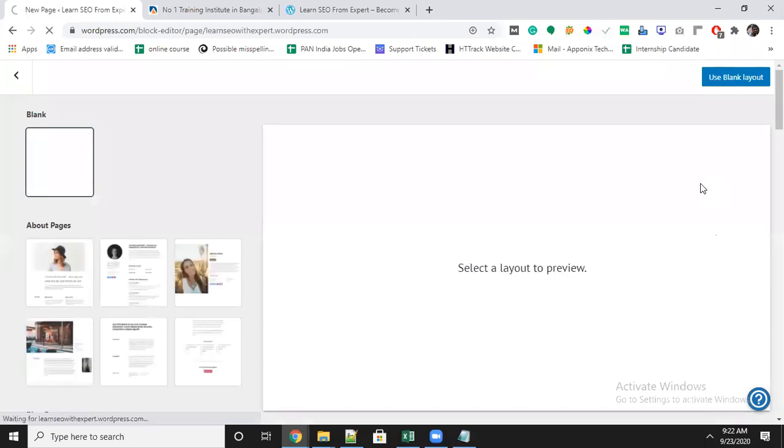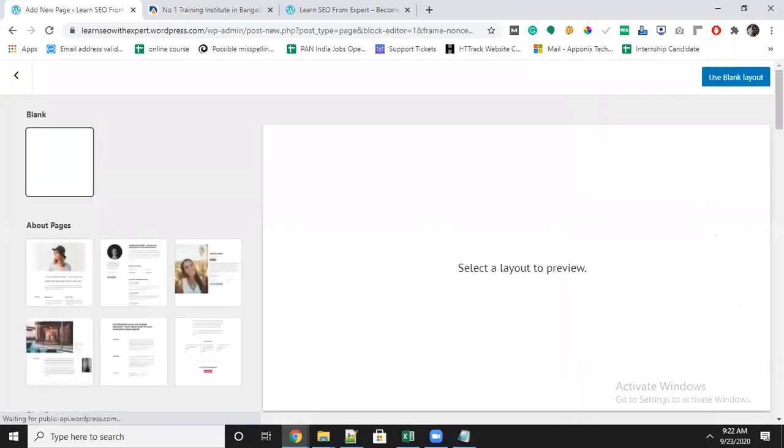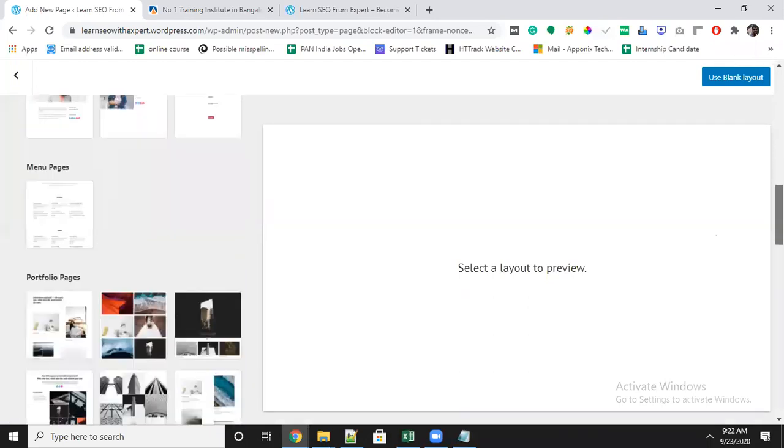You can see by default, they are giving some templates also for creating the page. You want a blank page or you want some inbuilt template, they are telling clearly. Just 1 second, it's loading. You can see here they have given some templates also.